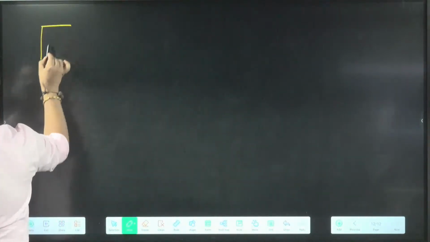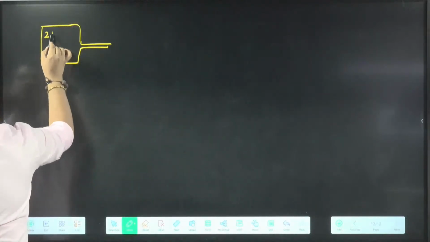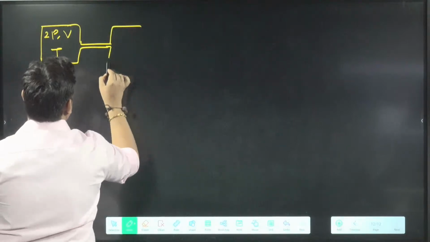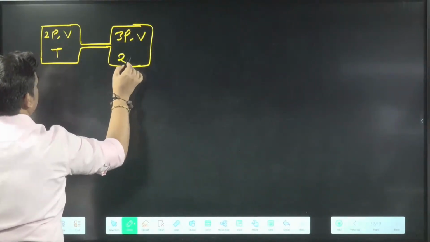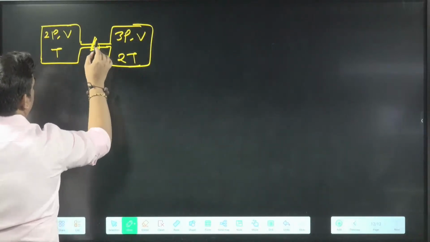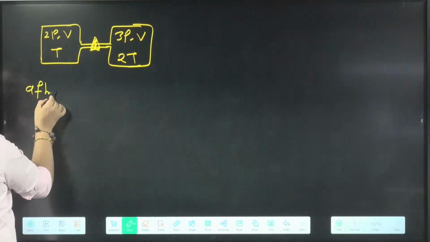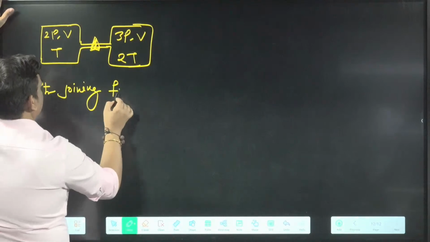So suppose I have given a container like this, and in this one they are saying that here pressure is 2P, volume is V, and temperature is T. And then another container, here pressure is 3P, volume is V, and temperature is 2T. And now what they are doing, after joining, find the final pressure